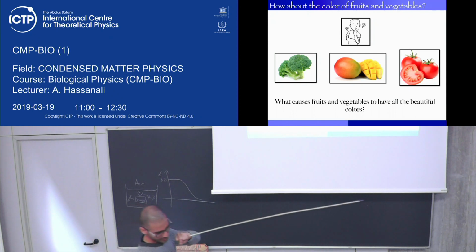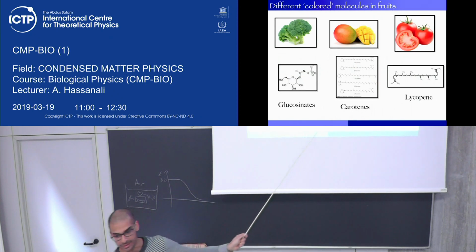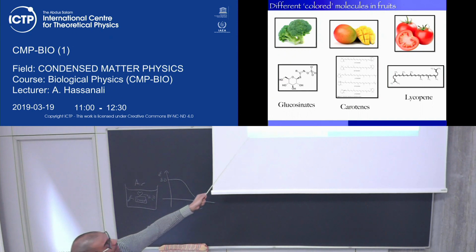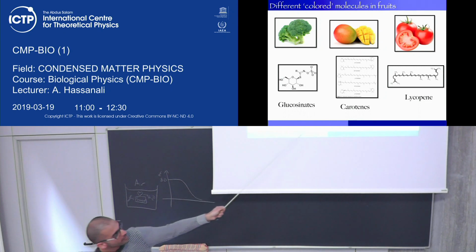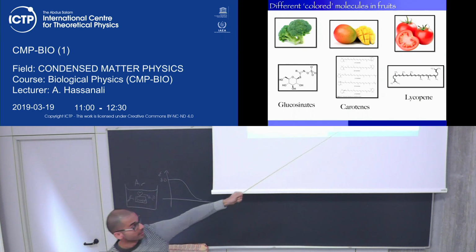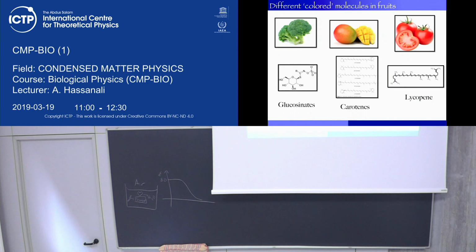So all of these have different pigments. There's your carotene. And the different colors of fruits are related to the optical properties of different types of molecules, and these molecules absorb light at different frequencies. The reason you see a tomato as red is because it has a high concentration of lycopene, and it transmits only red light after